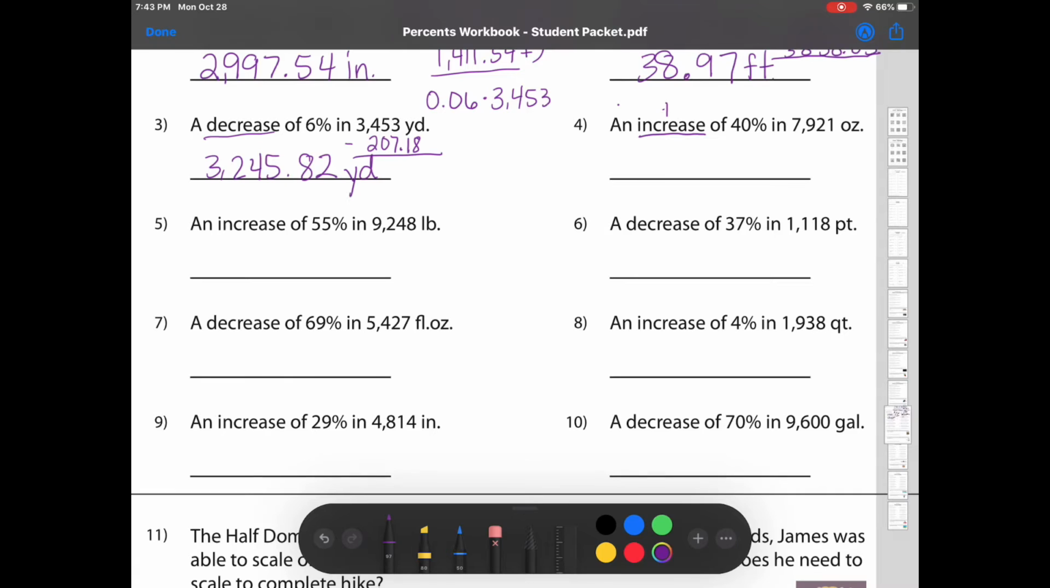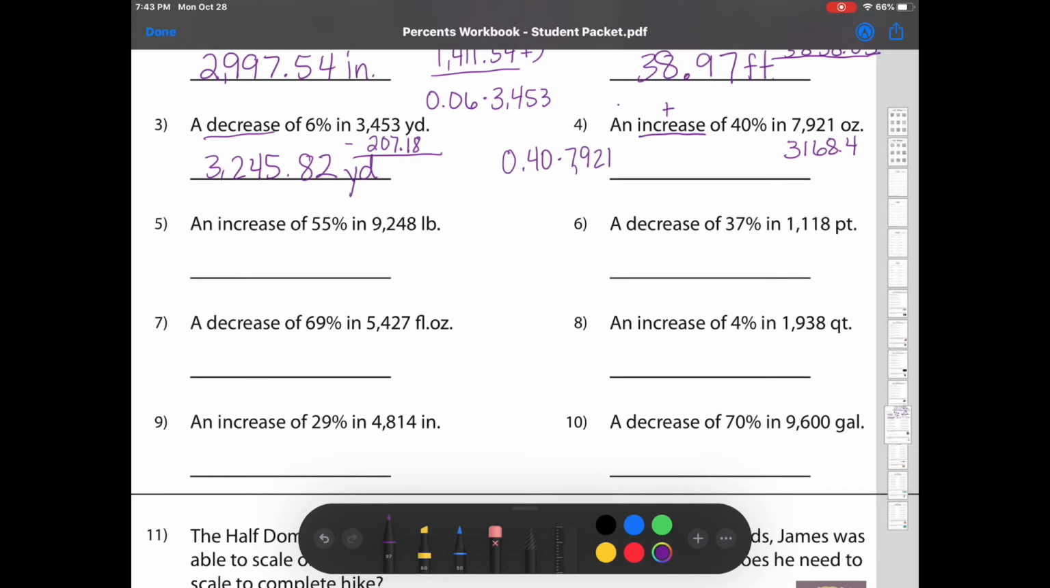All right, an increase. Increase means that we're going to add. So we're going to do 40% of 7,921. So 40% as a decimal is 40 hundredths times 7,921 gives me